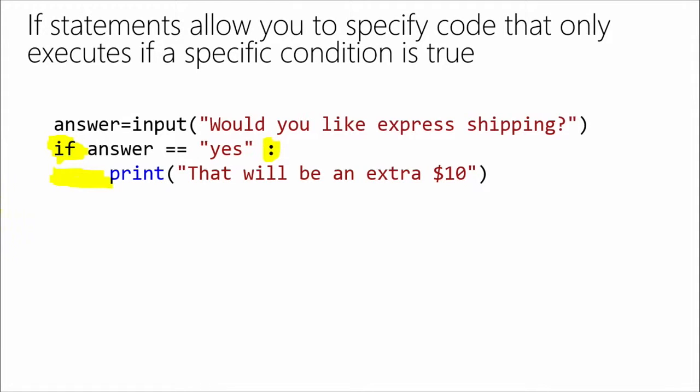Now, if we go back again to the code, there's one last little piece I want to show you, and that is this double equal sign here. You'll see this in some other programming languages as well. In earlier code, actually on our previous line here, we use the equal sign to mean take this value, put it in here. We take the result of our input function and put it into the variable answer. So we're assigning answer the value returned by the input function. The equal sign means take this value, put it here. So we can't use that in an if statement. It would be confusing. Exactly.